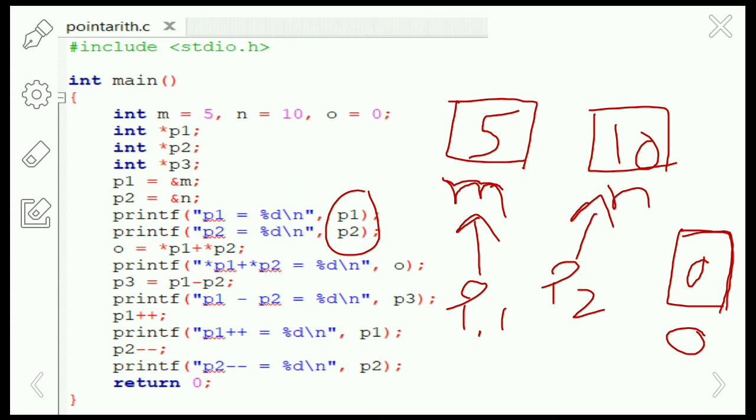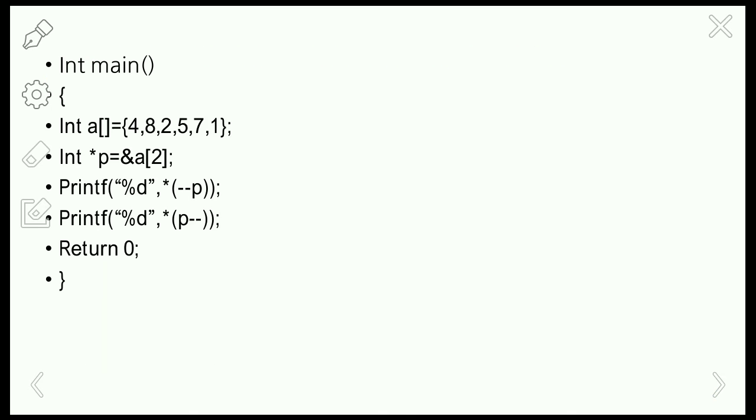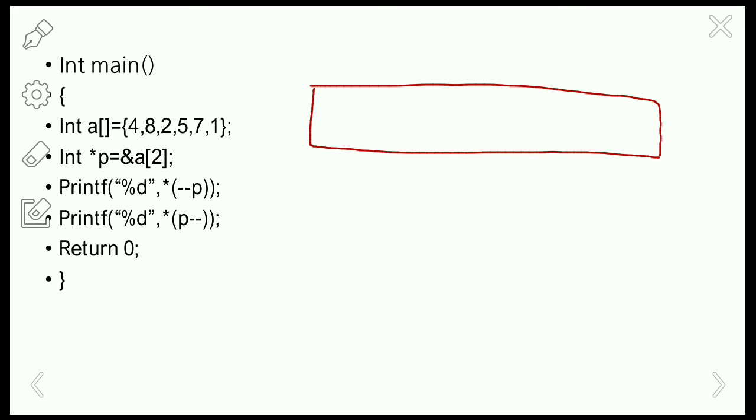Okay, right. So next we are going to see a simple program on how the pre-increment, pre-decrement and post-decrement operations are performed on an array. I am taking an array here, so let us take an array with the values 4, 8, 2, 5, 7 and 1.